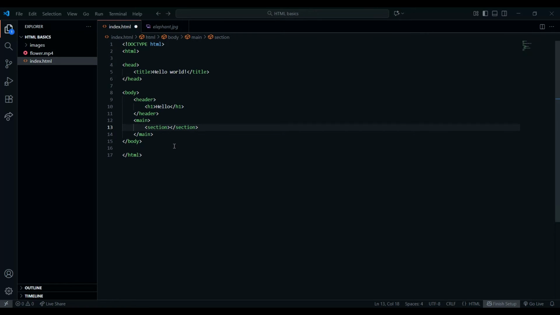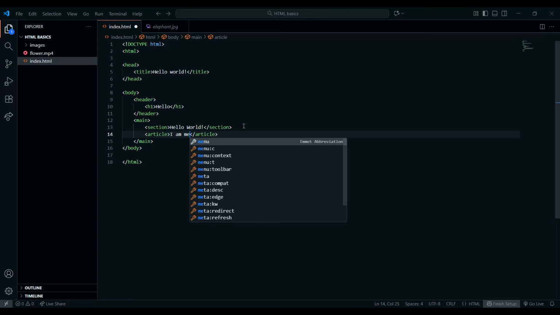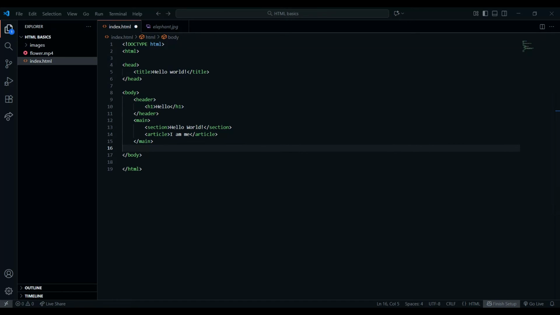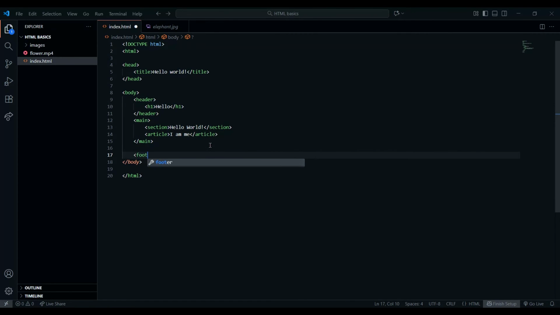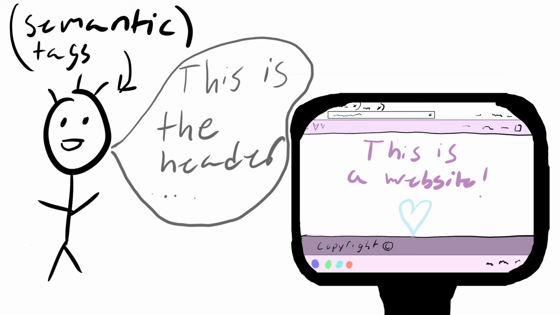And then let's say hello world. And also you can also have article and write, for example. And then underneath the main you can write the footer. And then write like copyright, for example. So what these tags do is they basically tell the website browser what every tag is and